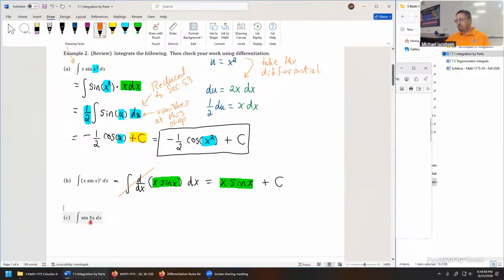But the U substitution on this one is in a real way different than the U substitution that we did in part A. Sometimes U substitutions are kind of complicated. They're not always very easy to unwind. For me personally, it's not easy in my head to go from x sine x squared down to negative 1/2 cosine x squared. That one I'd have to stare at for a while,